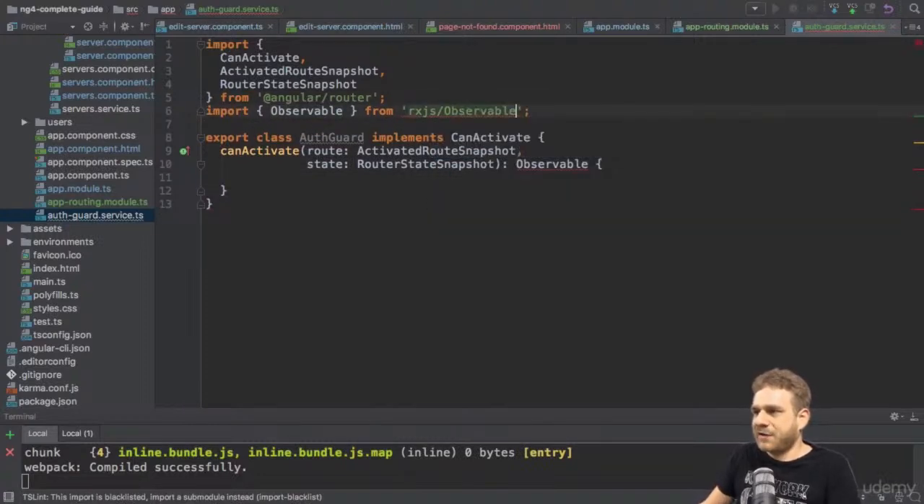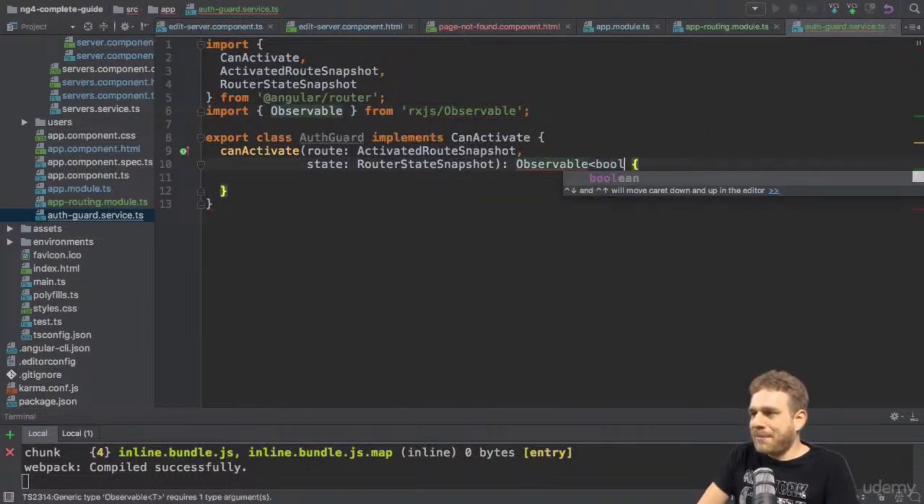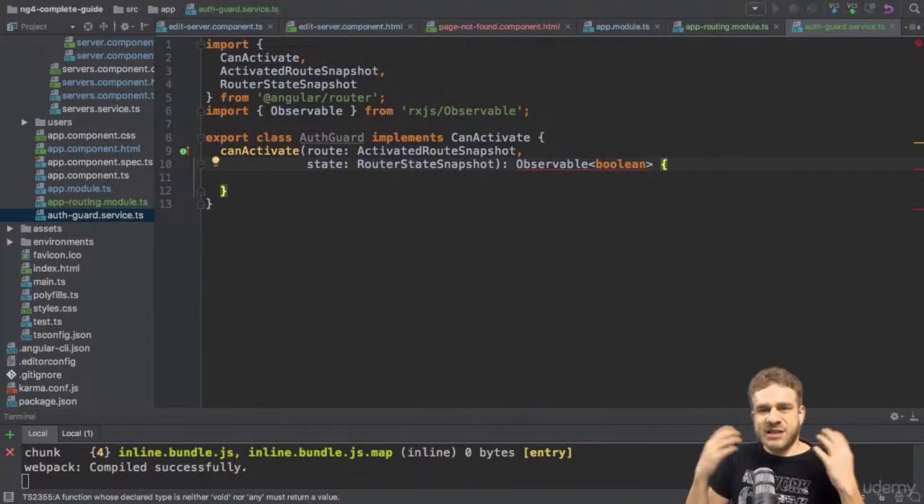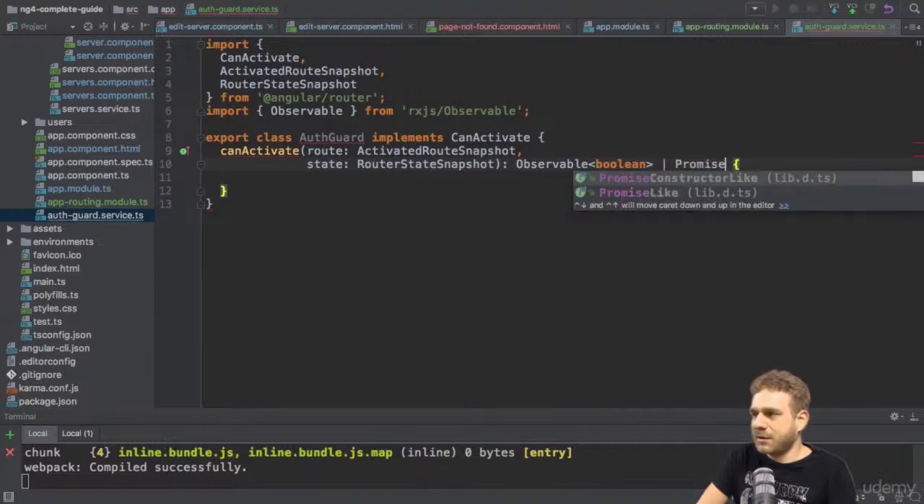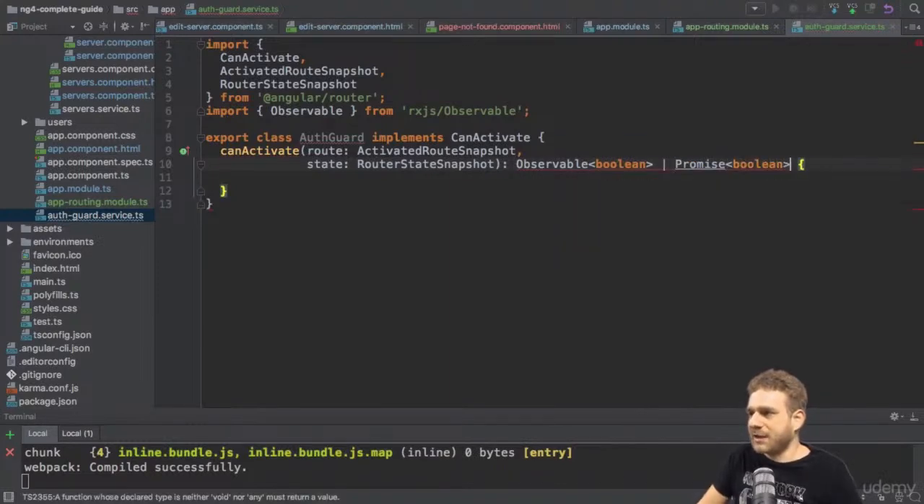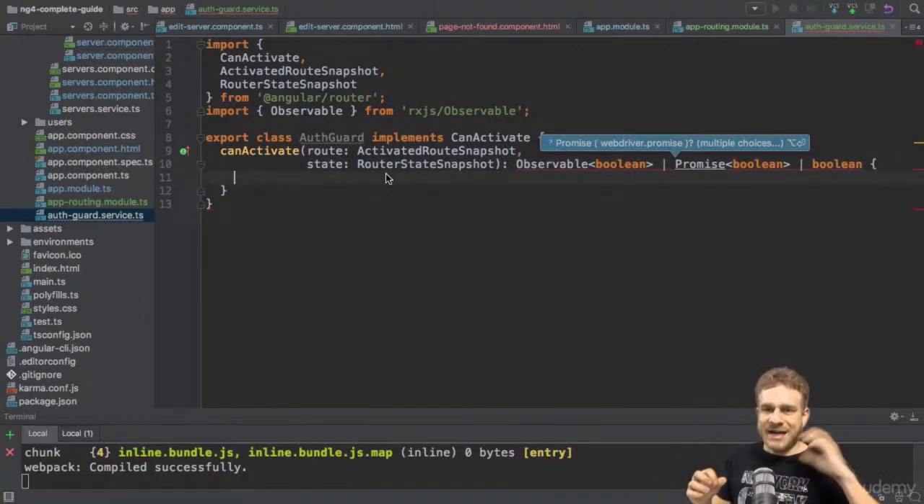Observable is the correct path in this case. This observable will wrap a boolean, so it will in the end resolve to a true or false value. Alternatively, this route returns a promise, also returning the boolean in the end, or it returns just a boolean. So canActivate can run both asynchronously, returning an observable or a promise, or synchronously, because you might have some guards